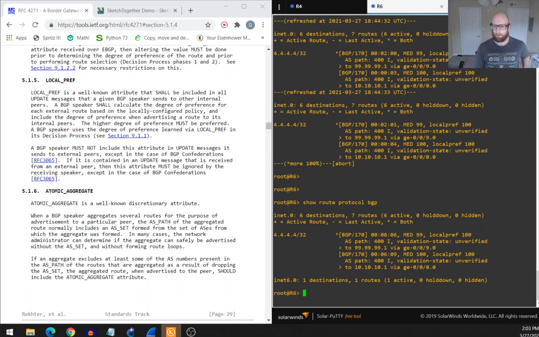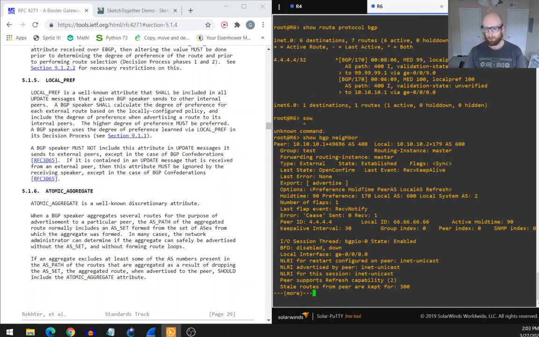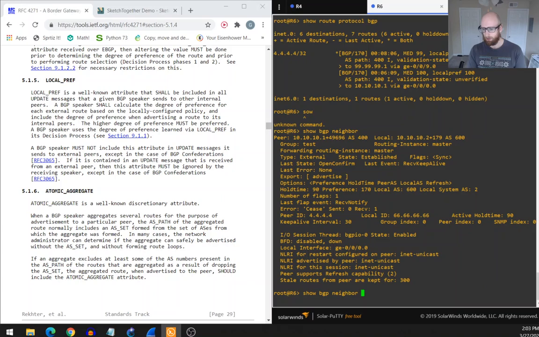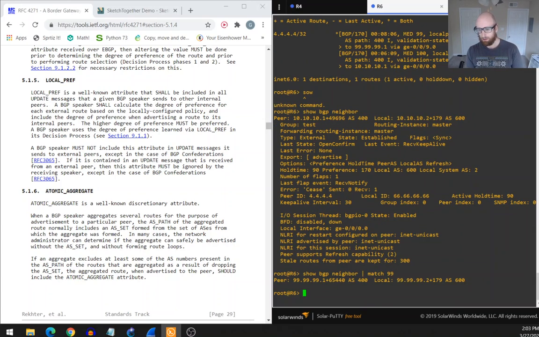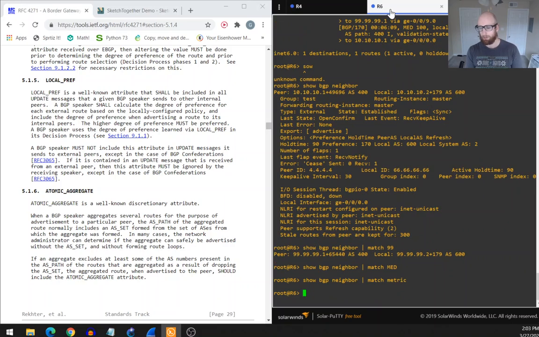So if I were to do a show BGP neighbor, I won't see that MED value in here. So pipe match 99. Yeah, there's nothing in here. This output here that has MED in it, that's just not a part of the neighborship, and that's a misconception I had. I believed it to be